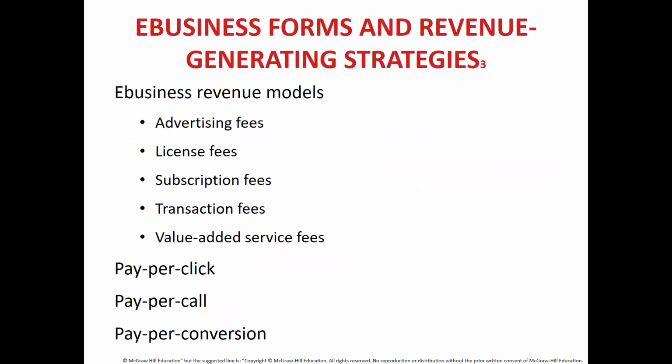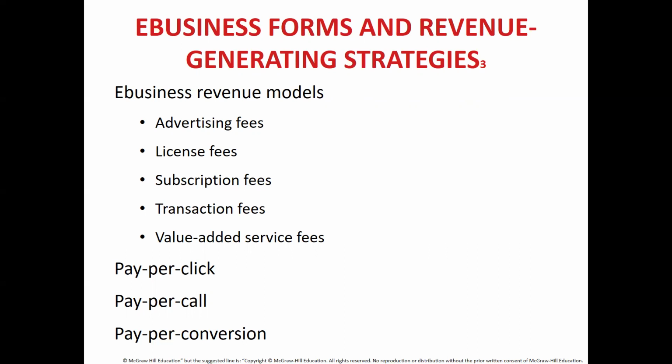Now, e-business revenue models. How do people make money using e-businesses apart from the normal buying and selling of products? The first one is advertising fee. That means paying for some form of advertising. You have license fee. If you want to do something on the web, it requires a specific kind of license. You have subscription fee as well. So you have a service, and you want to have that service for a specific amount of time. For example, Netflix, if you want to view movies, you pay subscription fees. For license fees, you have online-based software.